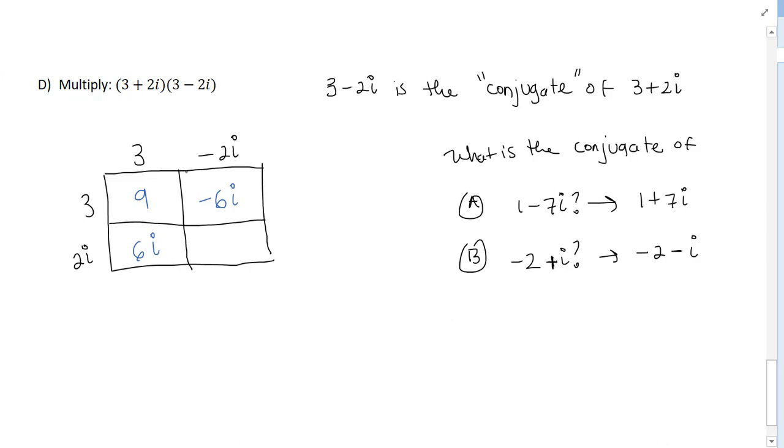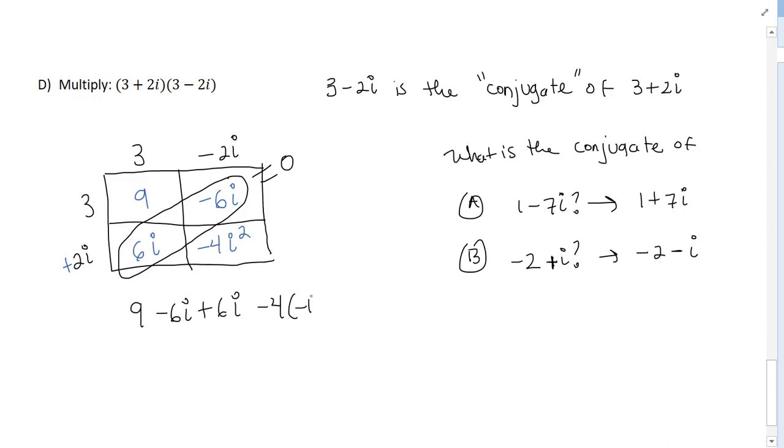And then 2i times negative 2i, so I have a positive and a negative. So positive 2 times a negative 2 is negative 4. i times i is i squared. And now we can combine like terms. So my like terms are on the diagonal there. And notice what happens to this 6i minus 6i. Those cancel out. So if I write them out, I'm going to have 9 minus 6i plus 6i minus 4i